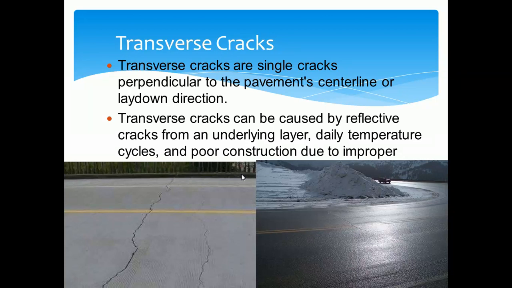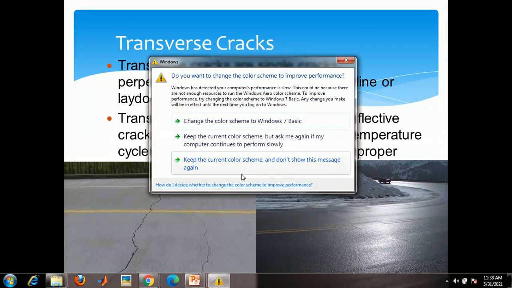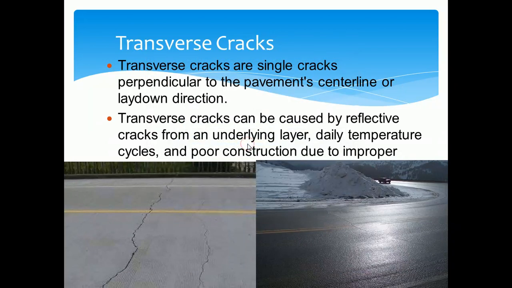So what are all the cracks we are discussing here? These are all the surface failures. So until now we have discussed only the surface cracks, that is block crack and alligator crack, longitudinal crack and transverse crack. So these are all the cracks, that is, the surface deterioration or the surface distress of the pavement.